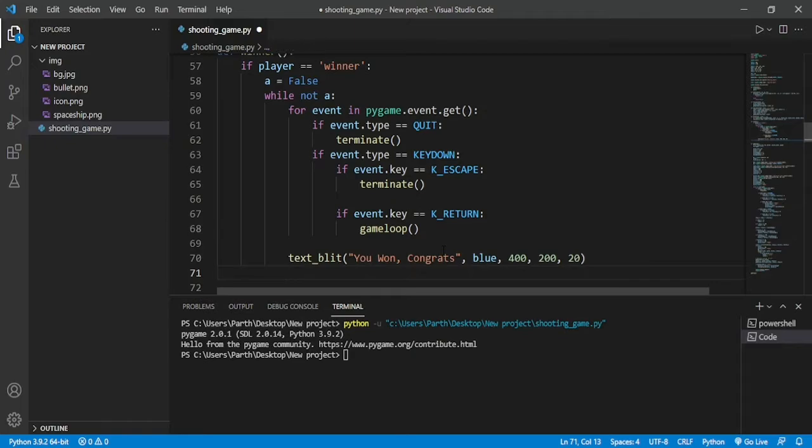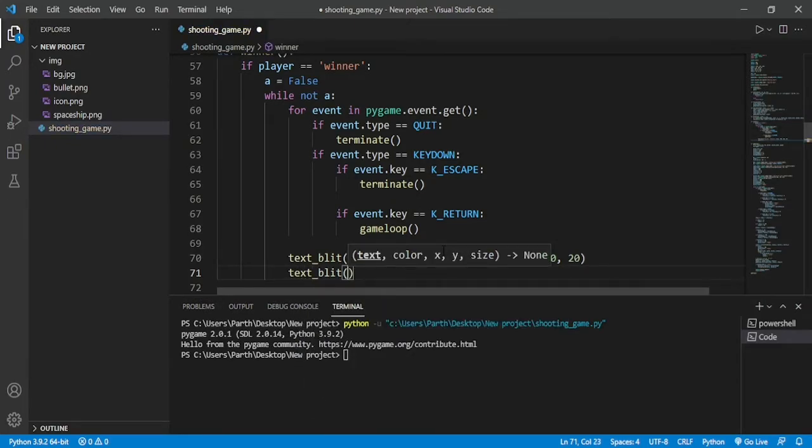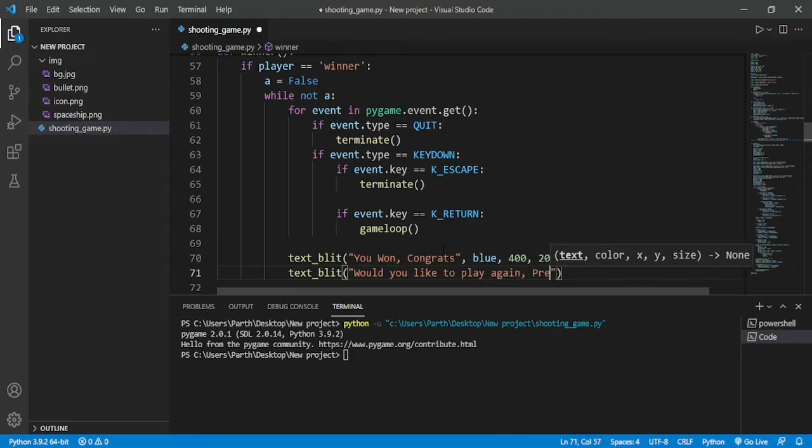With this, we need to pass one more message, and in this message we are going to type, would you like to play again? And if it is yes, then press enter.